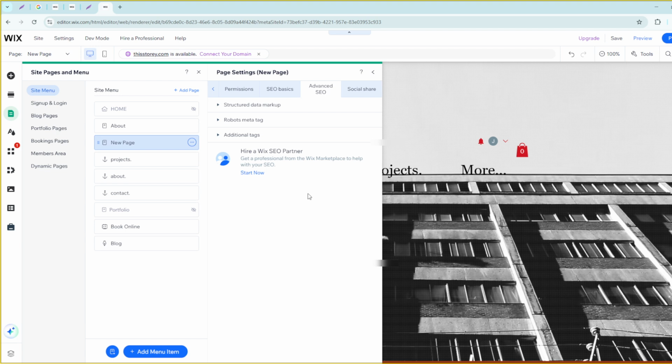You've just created a landing page on Wix. This page can be used to showcase a new product, promote an offer, or gather leads, whatever your business needs. Remember, the effectiveness of a landing page lies in its design and the clarity of its message, so take some time to refine both aspects. With practice and creativity,